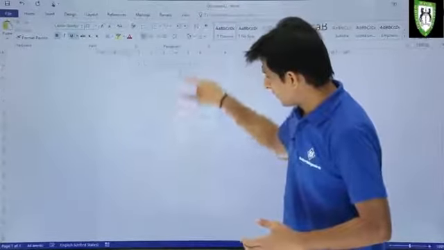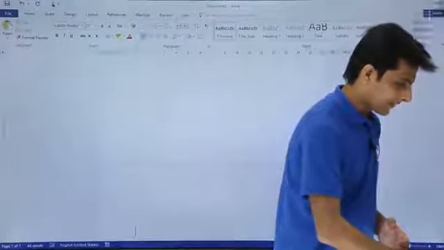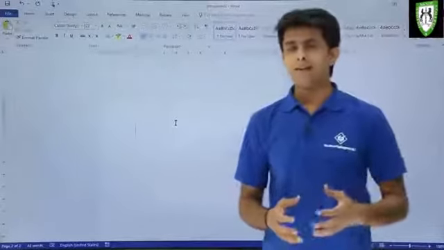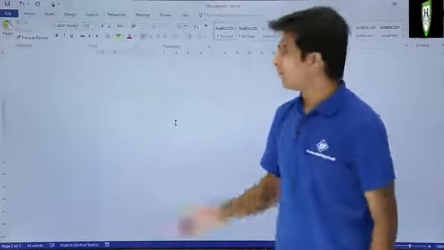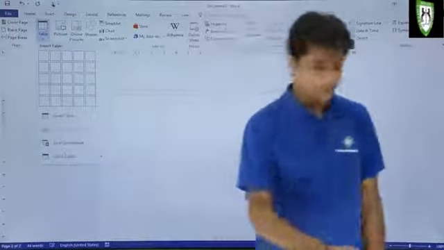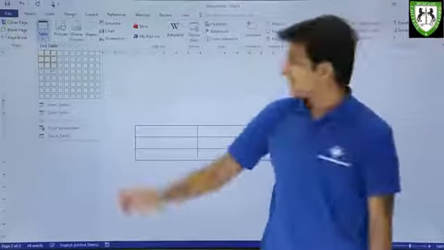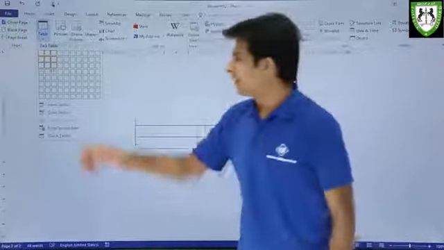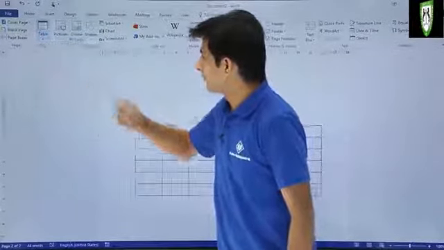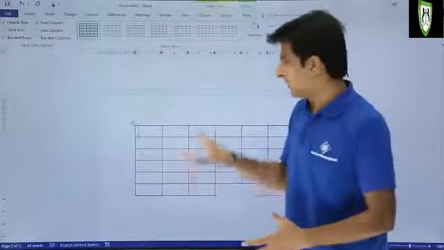So I'll just go to the new page now, and I'll create a table here. Yeah, so I've come to the new page here. How do we create a table? Creating table can be done by many methods. You can just first go to the insert tab, click on this insert drop down. Once you click on that, you can select the size of the table yourself like this. If you want to select a few columns and few rows like this, you can select. And as soon as you select, it will be drawn on the page itself.